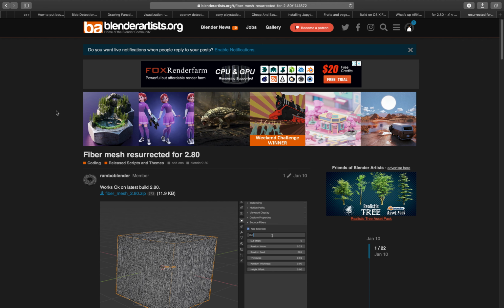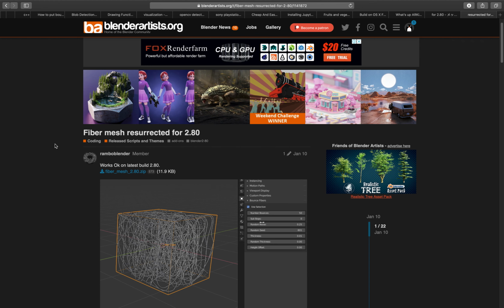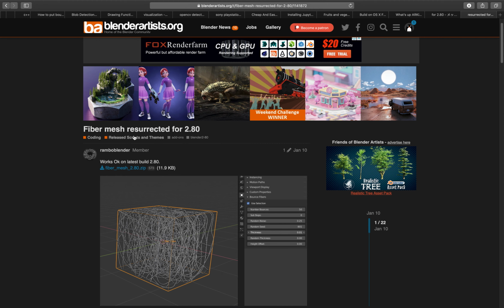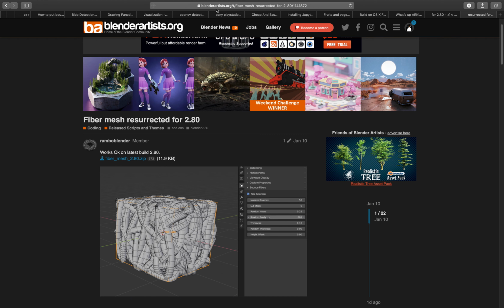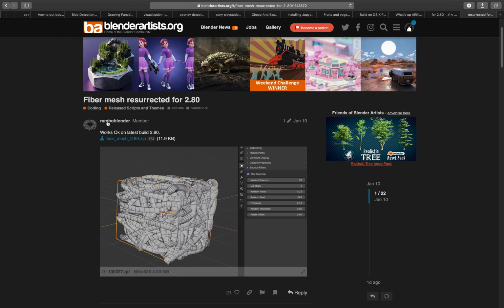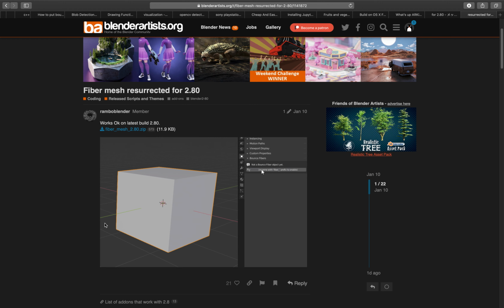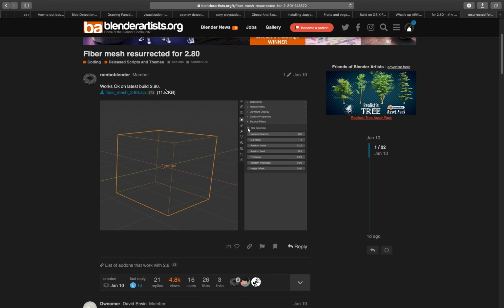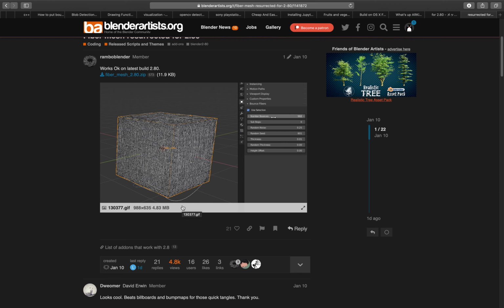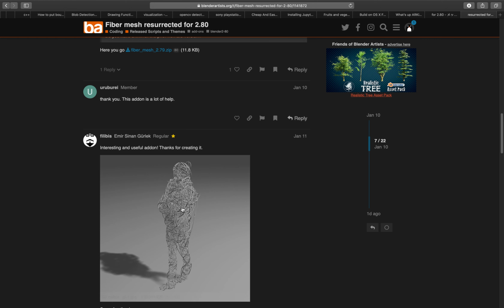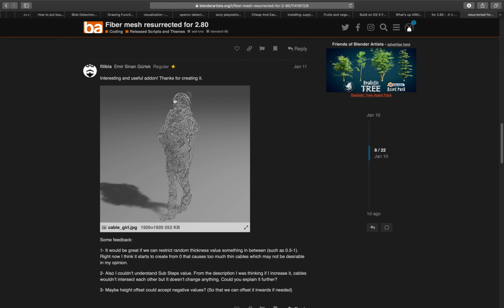BSLIVE. Today I wanted to demonstrate this really cool add-on called FiberMesh, and I got this from Blender Artist. Basically, someone actually resurrected this add-on for Blender 2.8. It was originally for Blender 2.7. Yeah, it's basically allowing you to generate some kind of fiber-looking